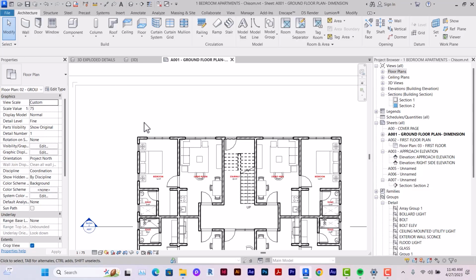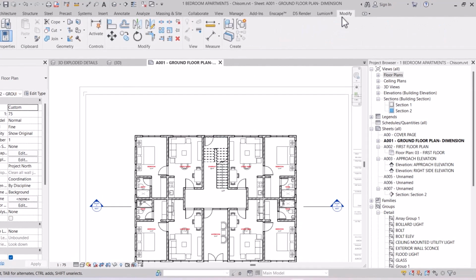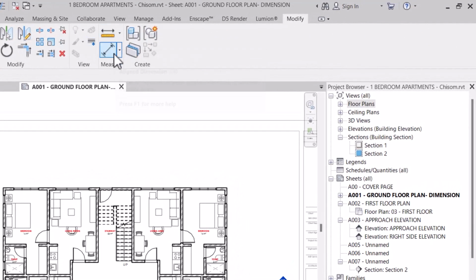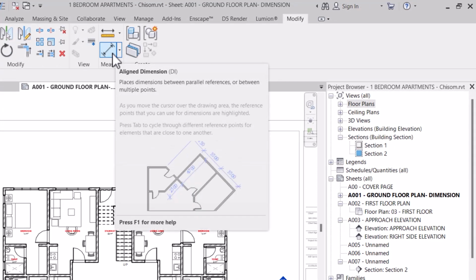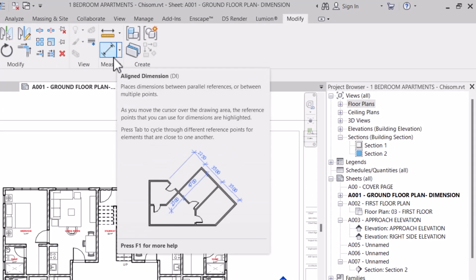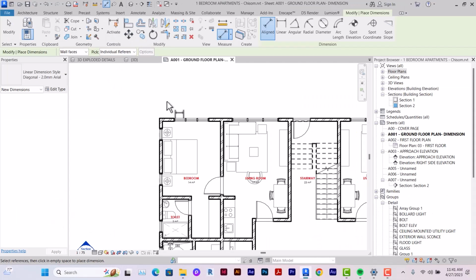Now to dimensioning. On Revit, under the Modify tab, we have Measure and Dimensions. Normally we use Aligned Dimension. As you can see indicated in the drop-down, the short form for dimension is DI. At this point, I think it's important for me to explain that in architecture we have 3 standard dimension